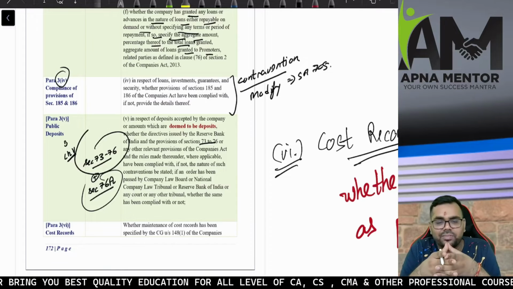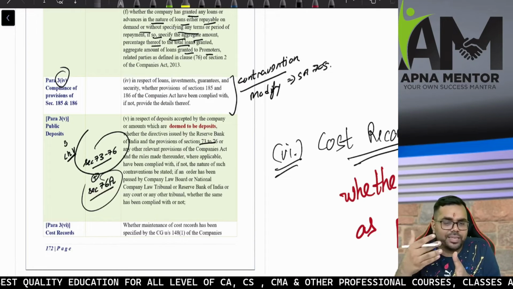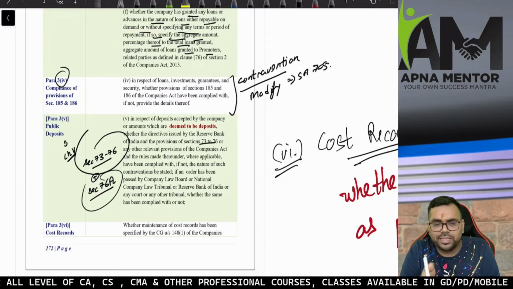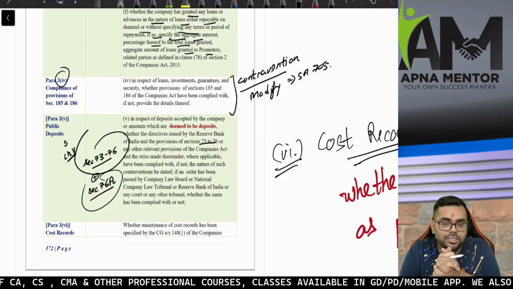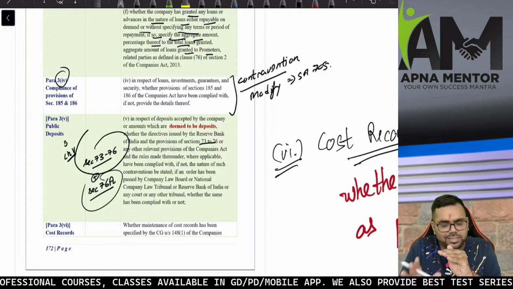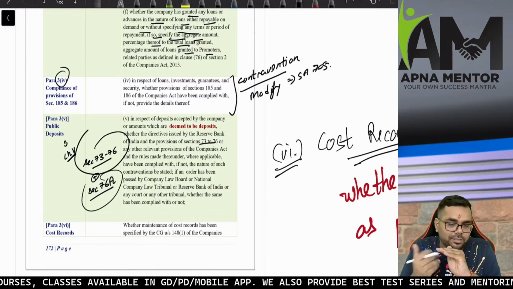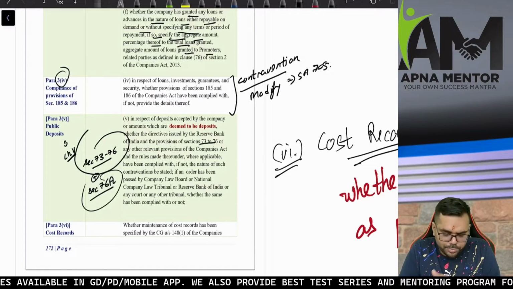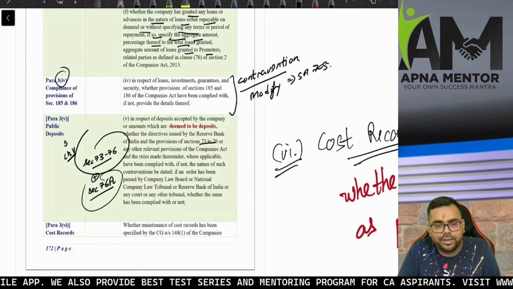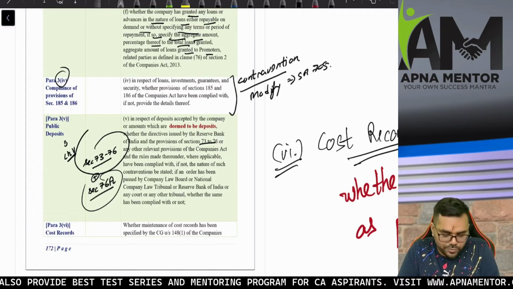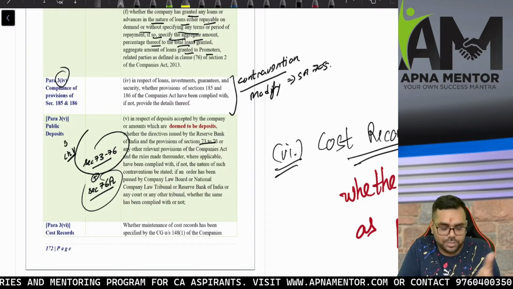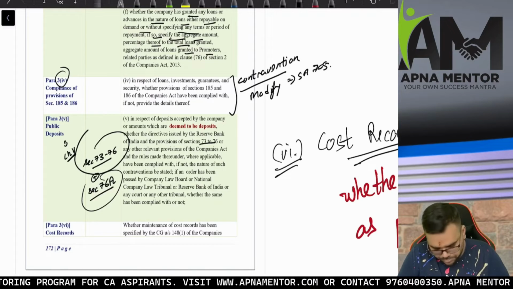So if the company has given any kind of loans to directors, or to a connected person of a director, I need to ensure whether the provisions of 185 are complied with or not. Similarly, if the company has made investments in any other company, given advances or loans to any other company, I need to ensure whether the provisions of section 186 are complied with or not, and I need to report in CARO. And if they are not complied with, then I will modify the report as per SA 705. Now I'm not going to discuss what is there in section 185 and section 186. That is the part you study in company law.